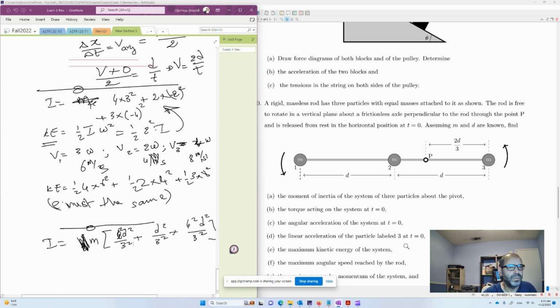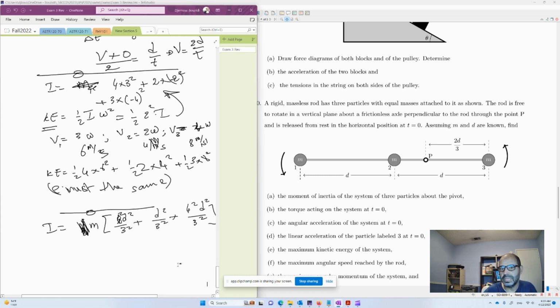So the bottom line is we found the moment of inertia, and now the torque acting on the object at t equal to 0. This is a very important point. All the torques are positive because this one is going counterclockwise, and so is this one, by the way, coming from particle 2 and from particle 1. They are all going counterclockwise, so they are all in the same direction. So all the torques are positive. So the torque in this case is the sum of all of these three torques. And the torque in this scenario is easy. It's mass times the distance. That's it, because the force